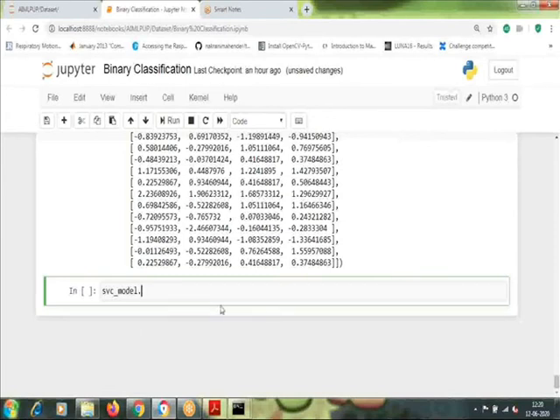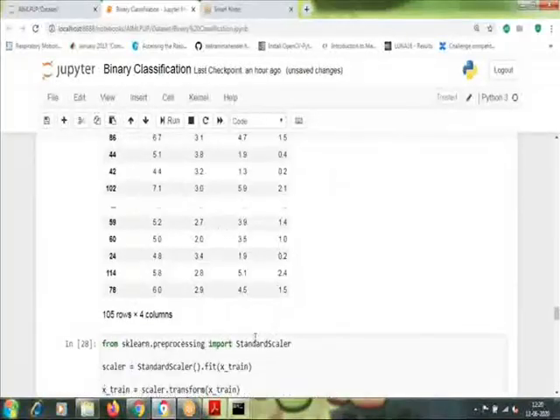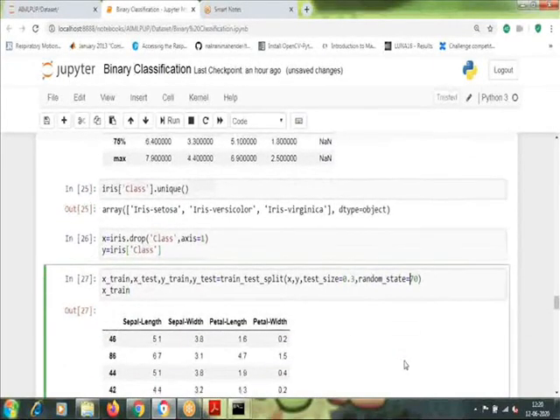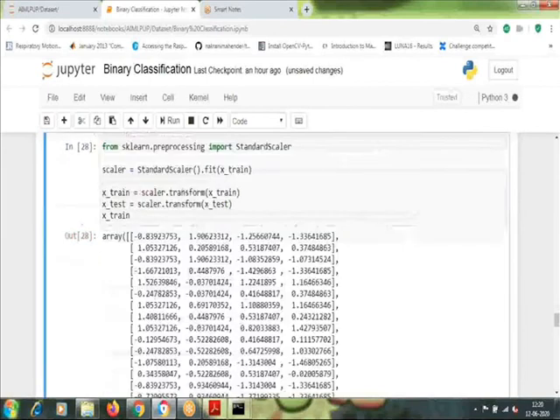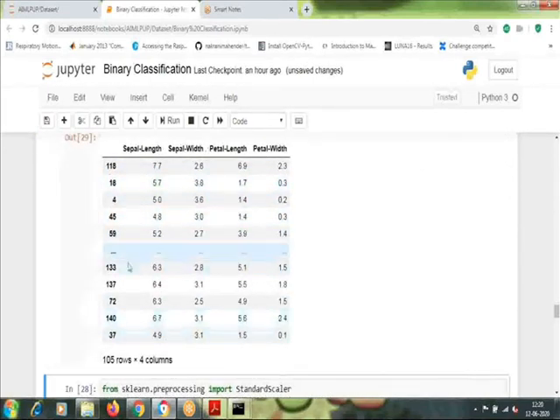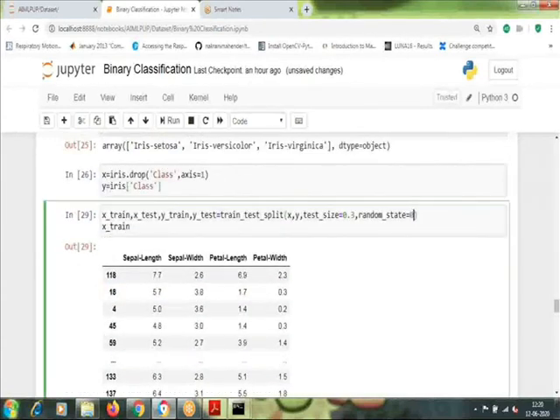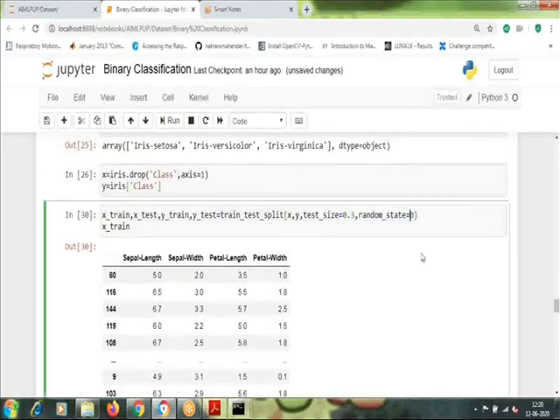There is one doubt by a participant: why do we require random state here? Random state mentions different numbers that will divide the test set differently. For example, if I take random state as 1, then the randomly selected samples are different. If you take it as 0, again they are different. So you can take different values to get different samples from the